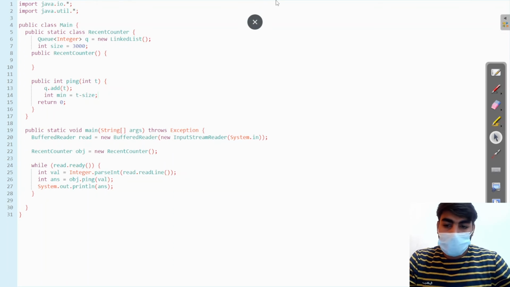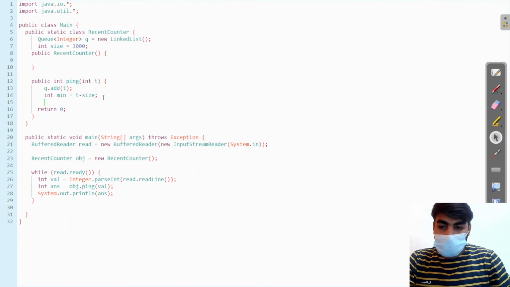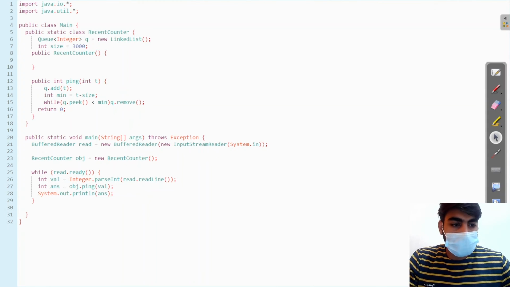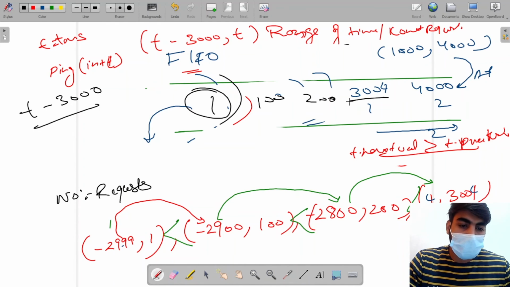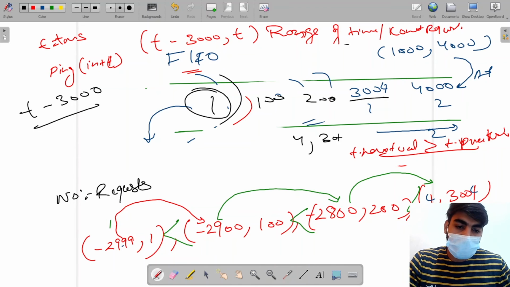Okay, then we check while q.peek is less than min, then what we do, q.remove. Why I am doing this? You can see here, when 1 doesn't come in the range of 3004, because the range is 4 to 3004,